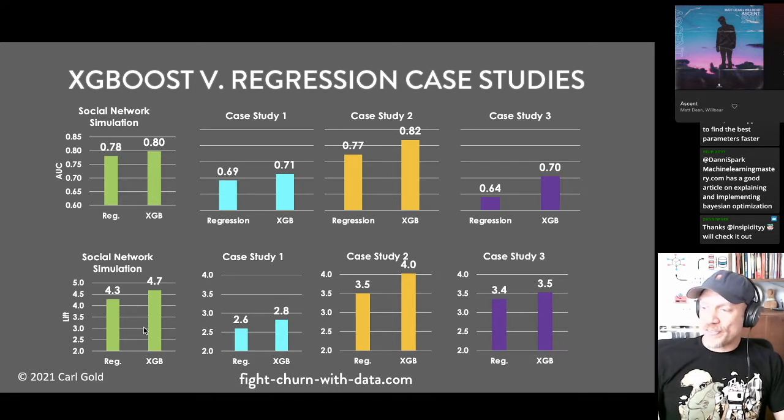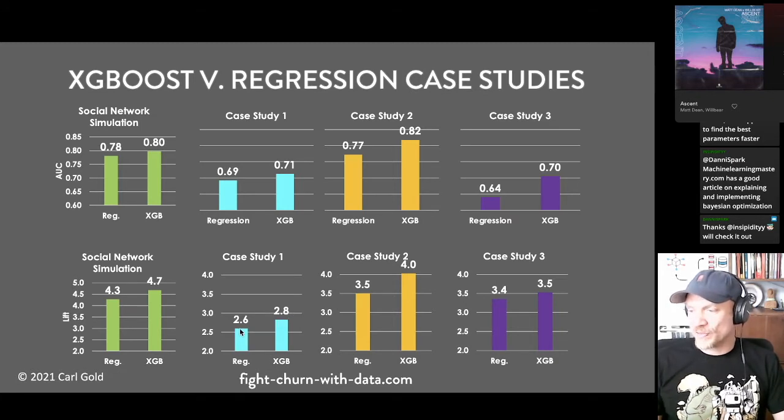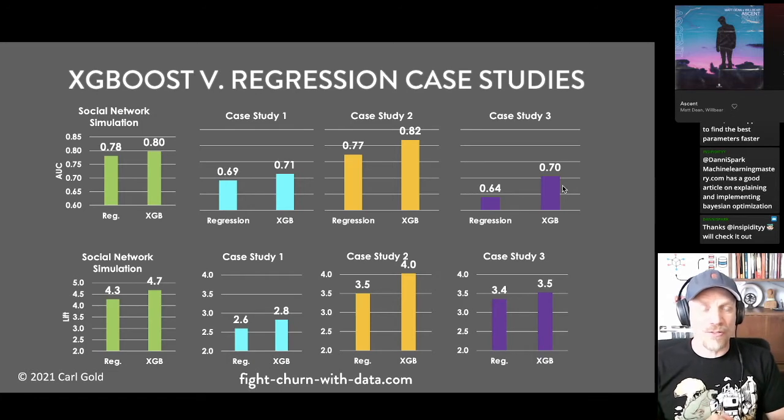Now in lifts, we're seeing differences of about 0.5 improvement in lift or less, like 2.6 to 2.8, 3.5 to 4. This one has only a little bit of improvement in lift and a much higher improvement in AUC. But I'll tell you, the AUC improvements are what you're looking for more.